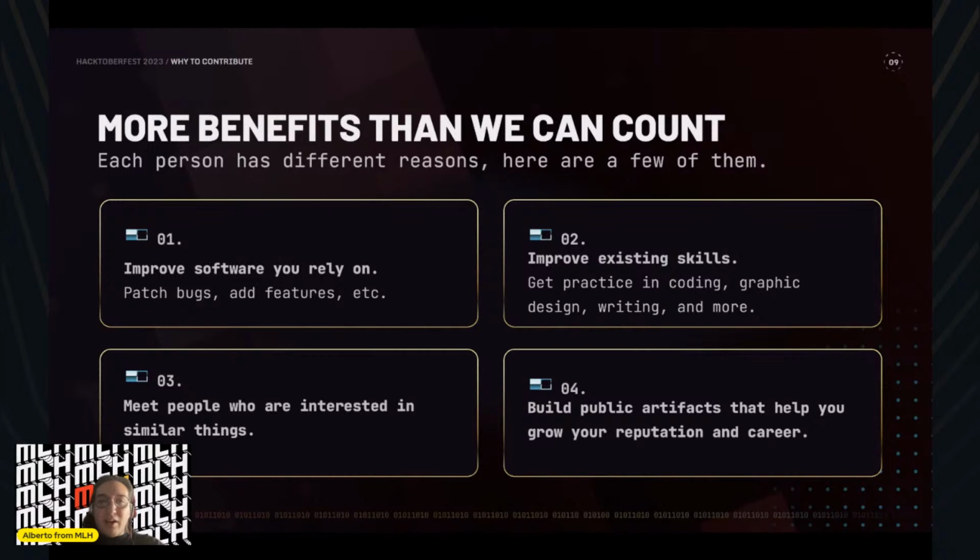But there are more, right? Why contribute? At least for some people I have known, it's to find a person who can be their mentor, that they didn't find in school or in other jobs. But in open source, we want to teach each other, right?